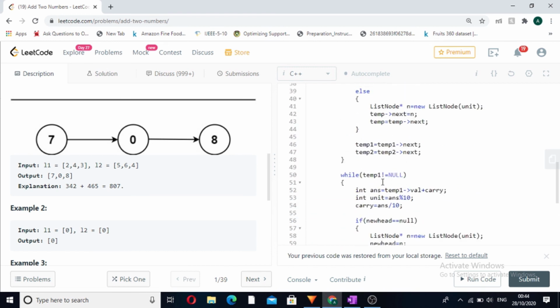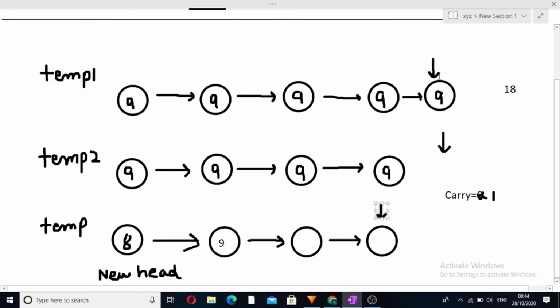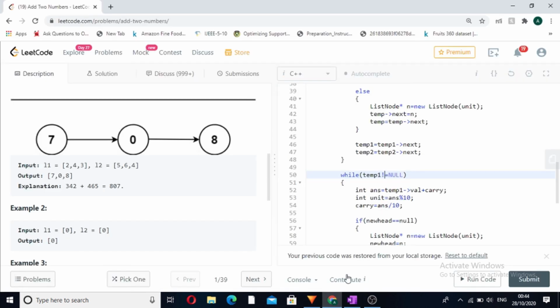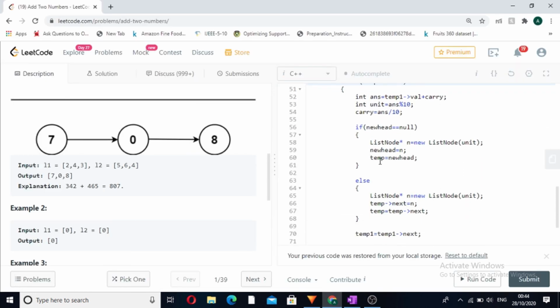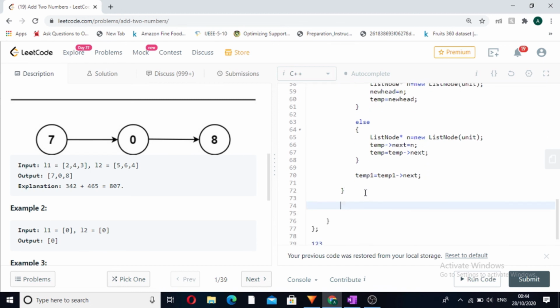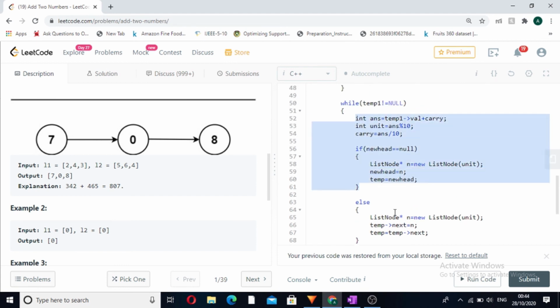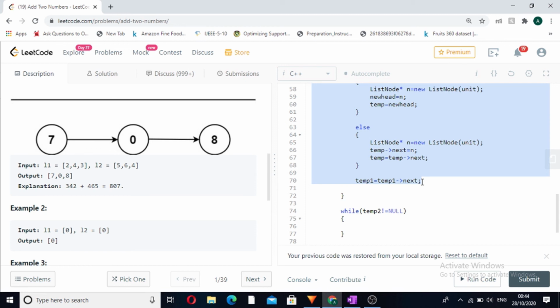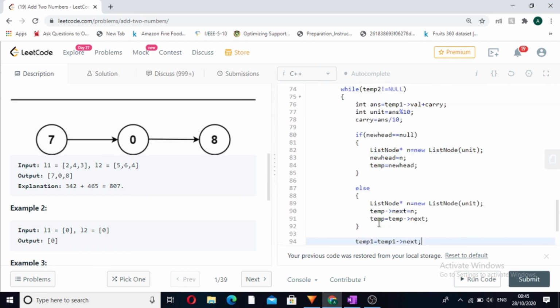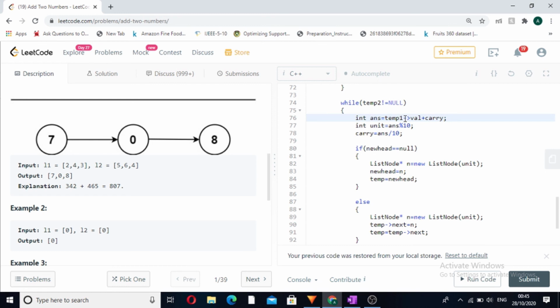So now you can see that the while loop which was written at this point, it is written when our temp1 was excessive in nature. See here, temp1 was excessive in nature, but what about those cases where temp2 is excessive in nature? So we have to write this while loop again for temp2, that is while temp2 is not equal to null. So how we will tackle this case? We have to do nothing but just copy this while loop of temp1 into temp2, but just change where it was temp1 to temp2.